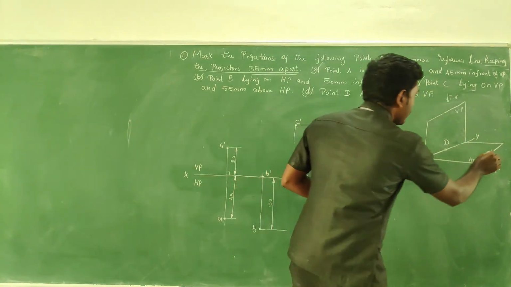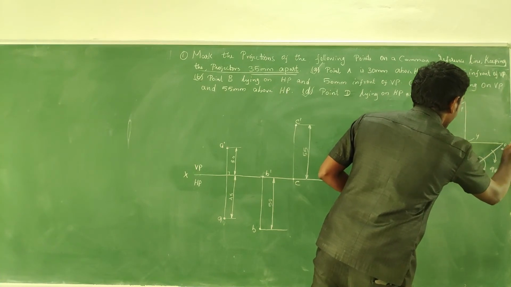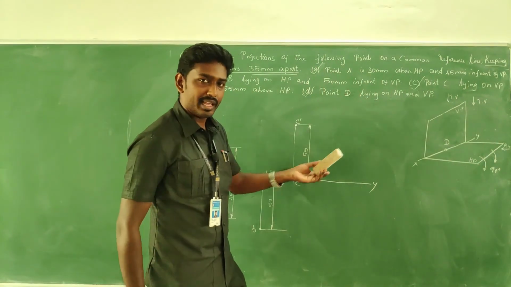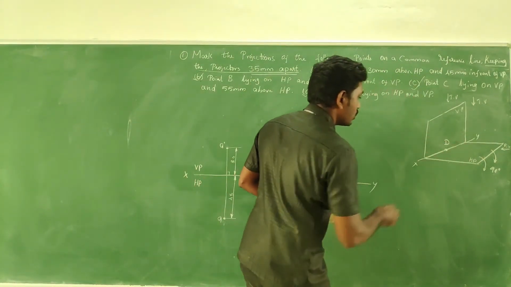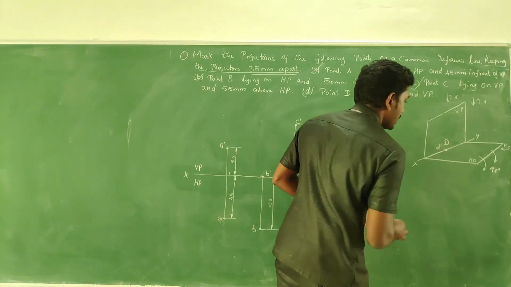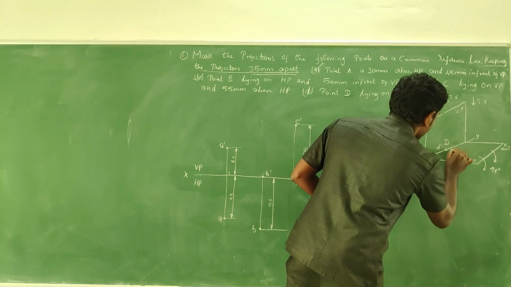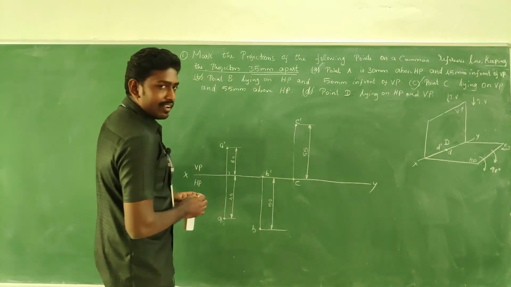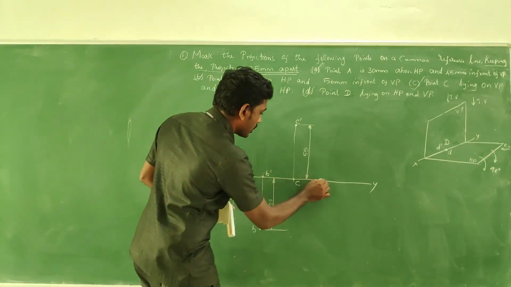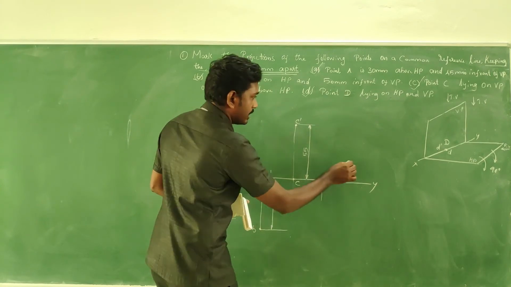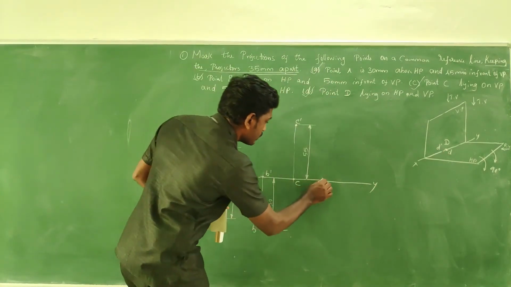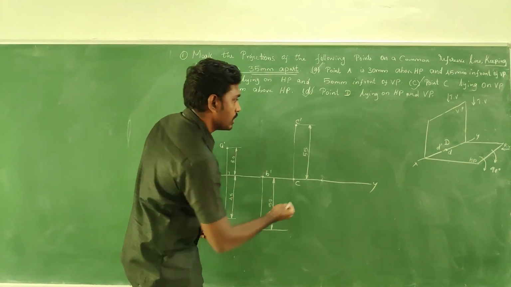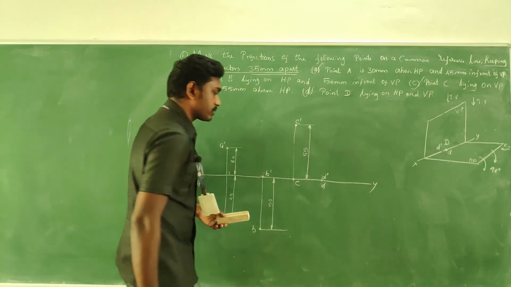If you look at the trace for the front view and the top view, what happens? It has the same position, since it is on XY. So this is your D dash, and in the same place here I note down D. It is so easy. Just take the measurement of 35 mm from the projector of C. Mark it. It is just on the XY line. So on this particular place, have a point and note it as D dash and D.